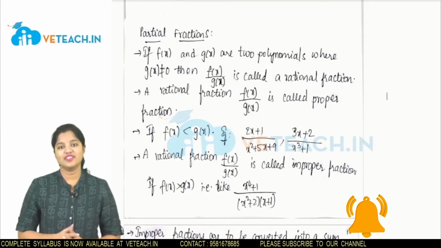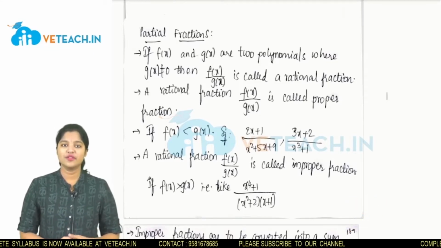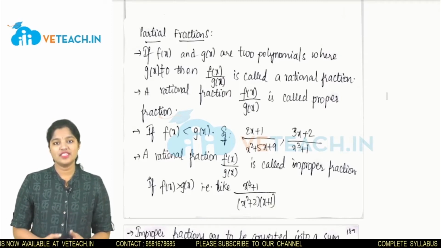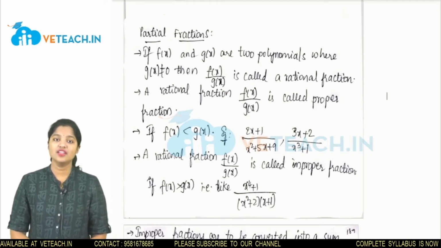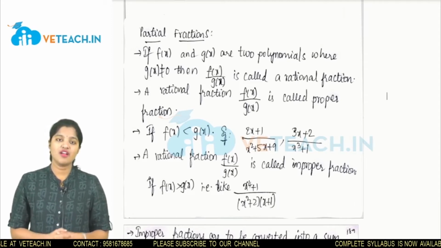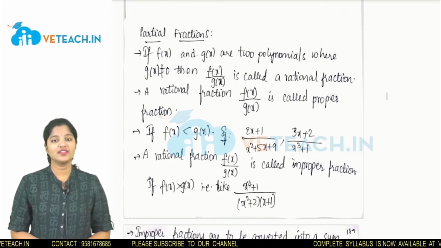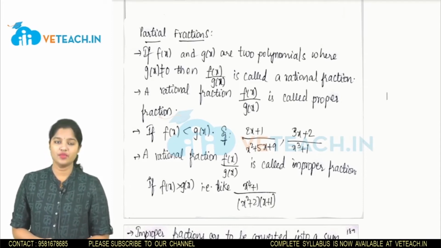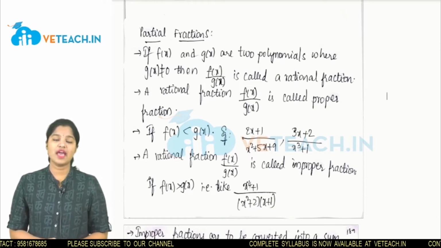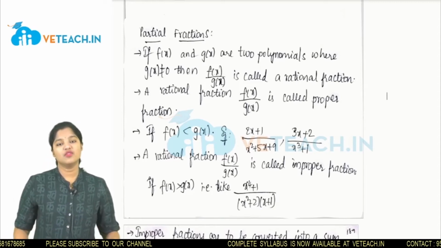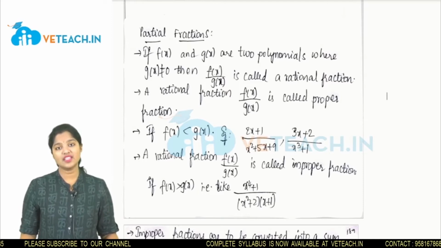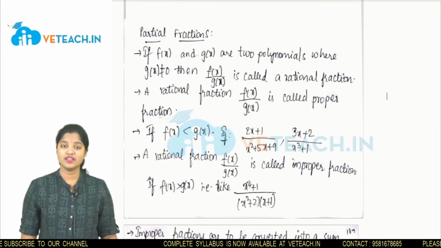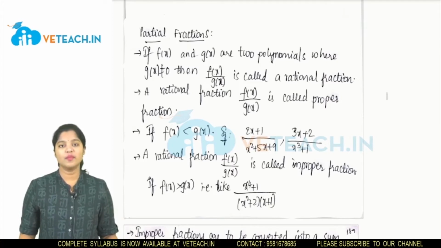A very simple topic. There are almost 3 to 4 types. We can solve them very easily. These partial fractions are used in differential applications or any other solving where the denominators are in the form of multiplication and where we need to split those, that means writing them as summation terms. To make the calculation very simple, we can use this method, that is partial fractions, to solve the problems.